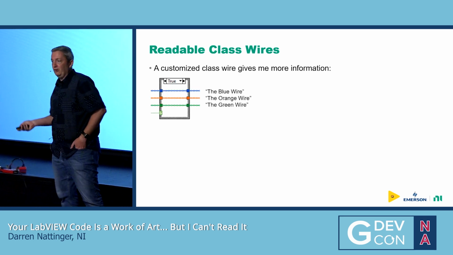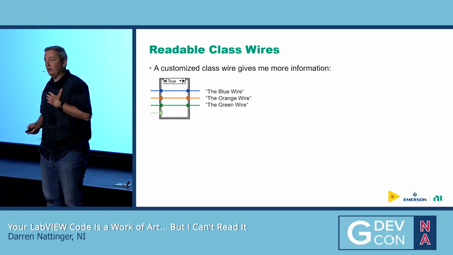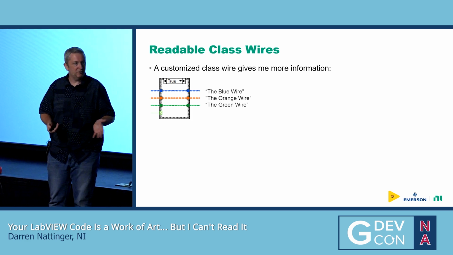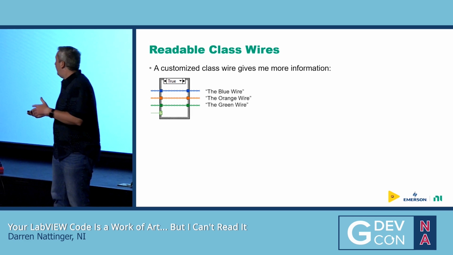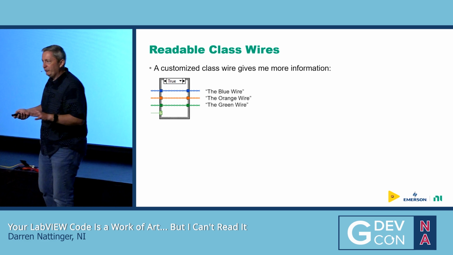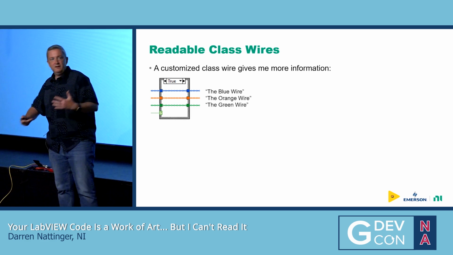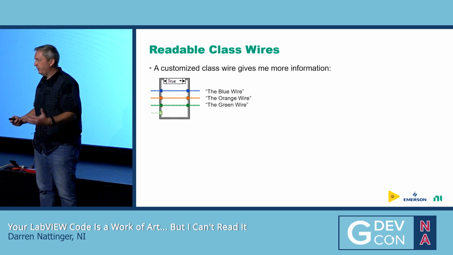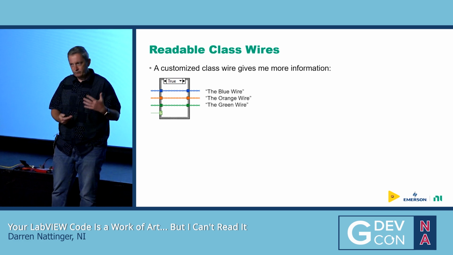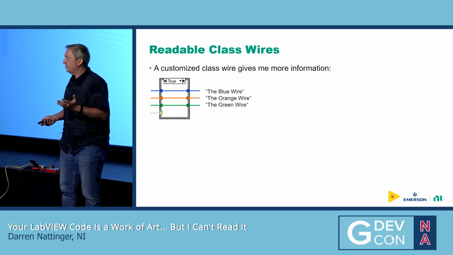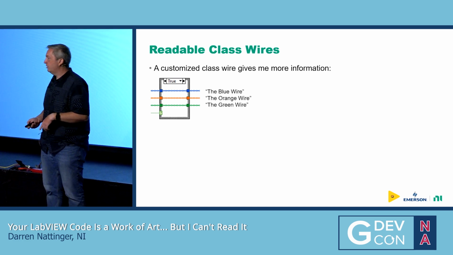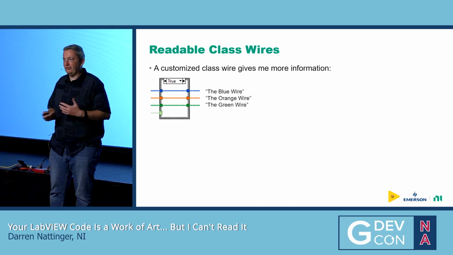So change the colors of your classes. My personal preference is I like the chain wire pattern. I don't use other patterns. Other people do, that's fine. I really like the chain. But I've worked on a lot of dev teams where I've got multiple engineers I'm working with, and I'll be asked a question like, how do I set the UDP poll rate? And I'll say, oh, that's a method on the blue wire. I just say the blue wire. Like, it's the vernacular,